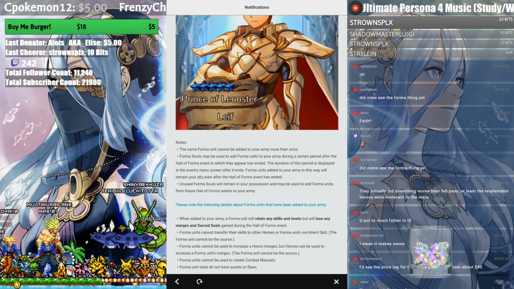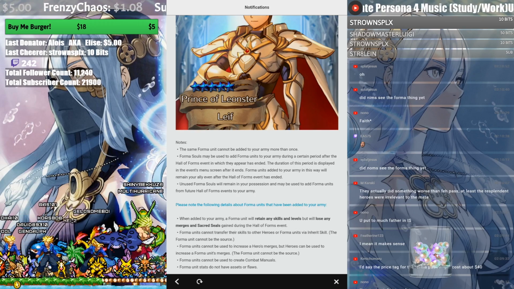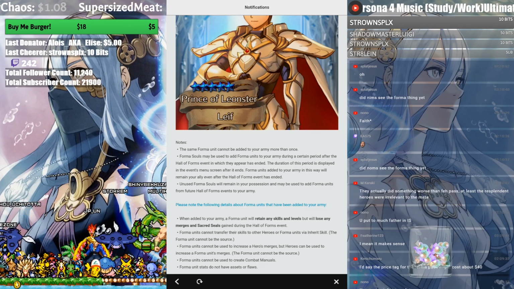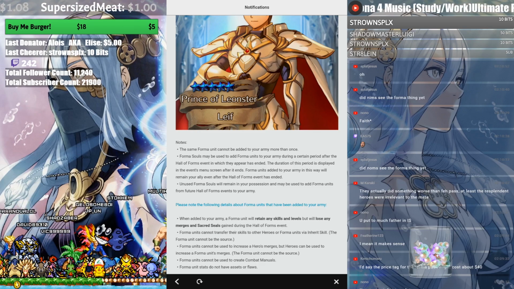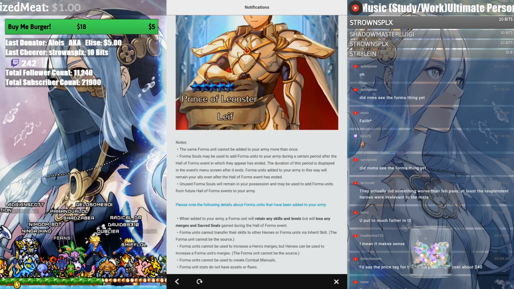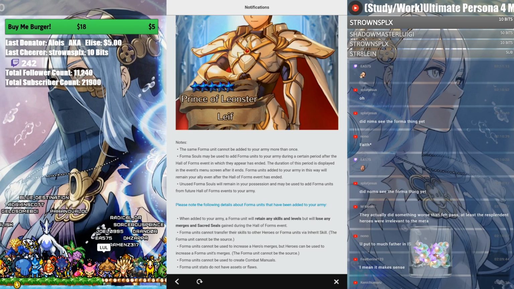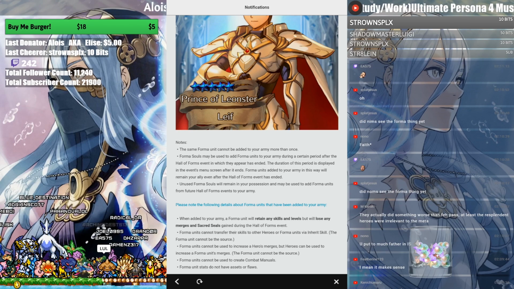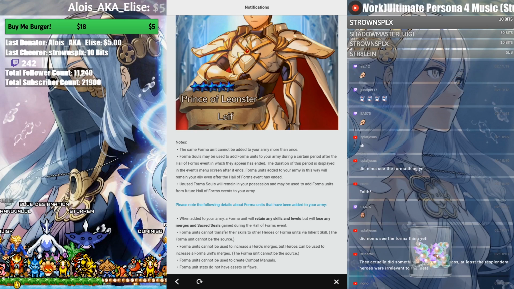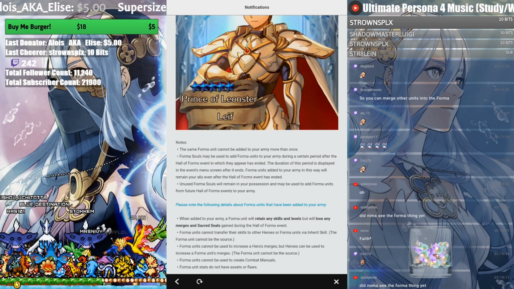Forma units cannot be used to increase a hero's merges, but heroes can be used to increase a Forma unit's merge. What? Wait. They can't stack. If they were stuck on merge, they would just stagnate and probably rot. But you realize you can't use them to get, like, if you have a +9 leaf, you can't use that to get the last merge. I get that, but you do realize in the future,